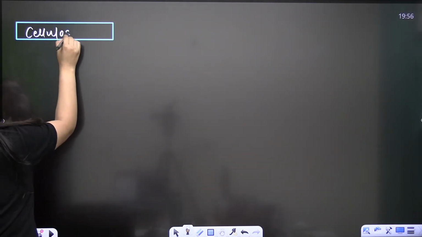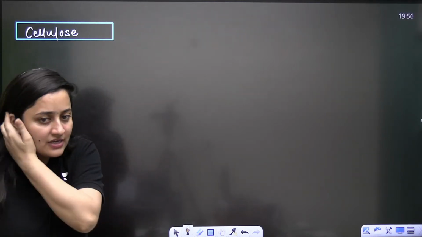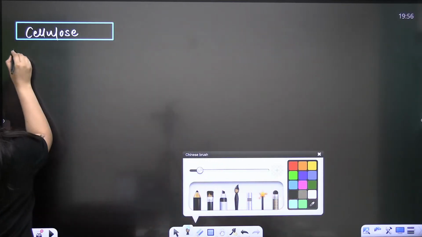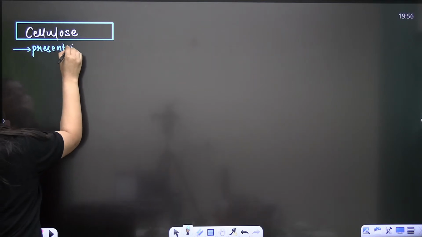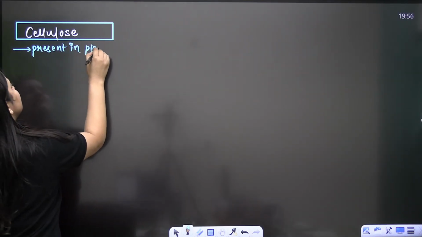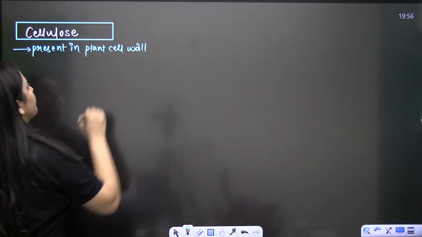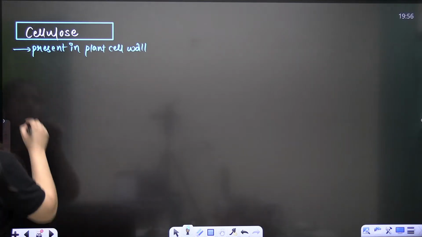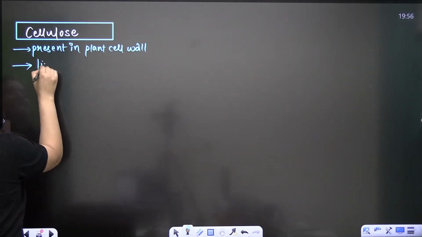So what do we have? We have the cellulose. So you know that cellulose is present in the plant cell wall, yes or no? Cellulose. So cellulose is a linear,